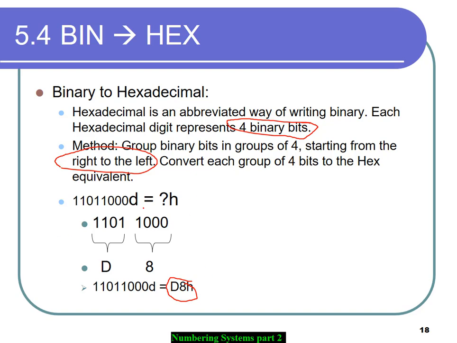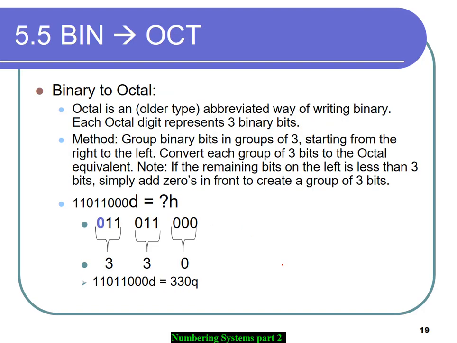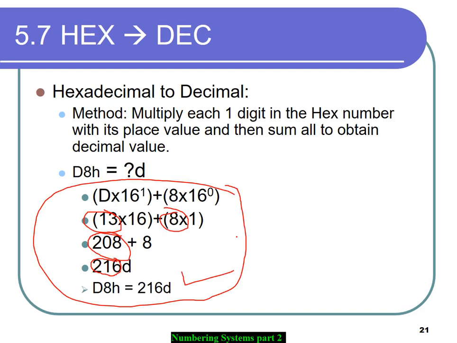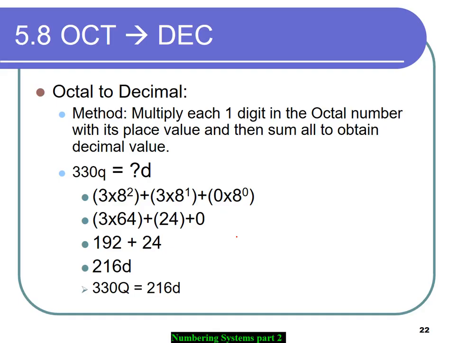This is basically the first step, which you do if you have to convert the binary number into hexadecimal. Remember, 4 binary bits is 1 hexadecimal digit. We're not going to do octal. You can see octal is similar, but it's smaller. The method for binary to decimal is that you know now how it works. Hexadecimal, we just discussed this now, and we're not going to do octal to decimal,